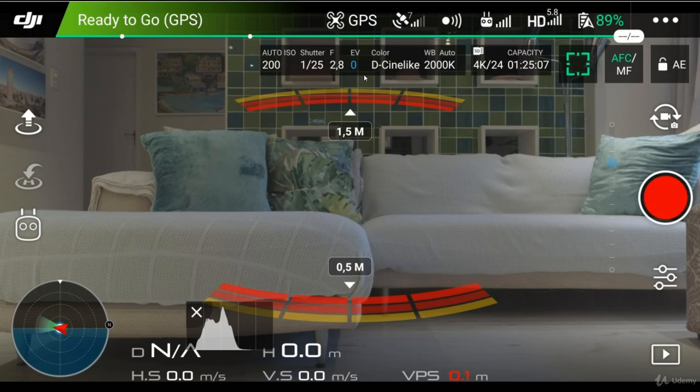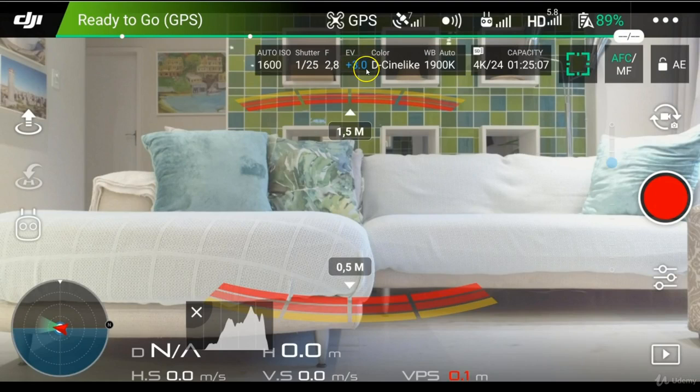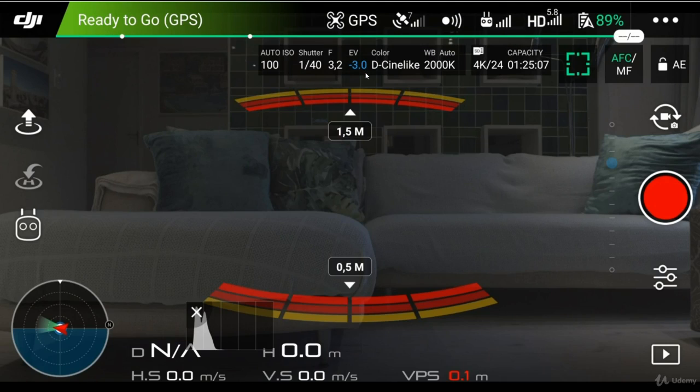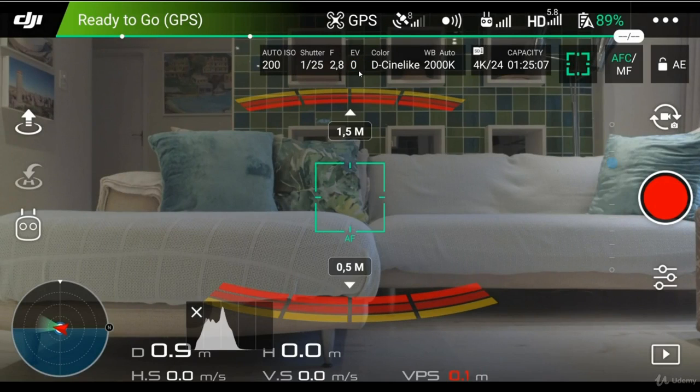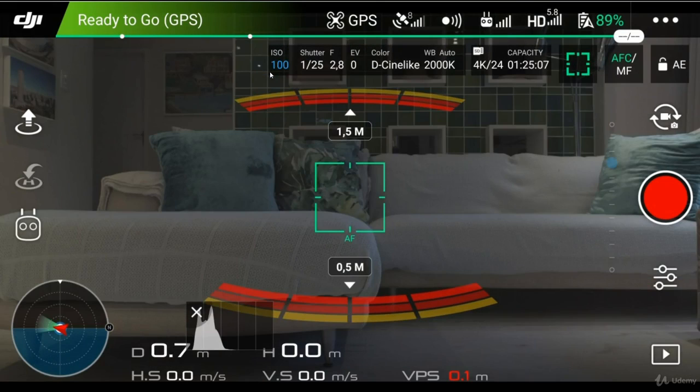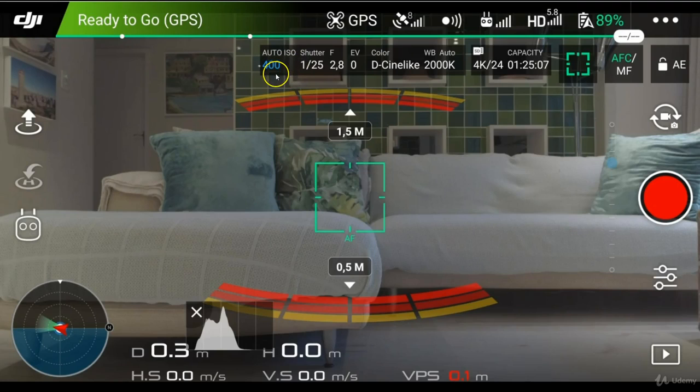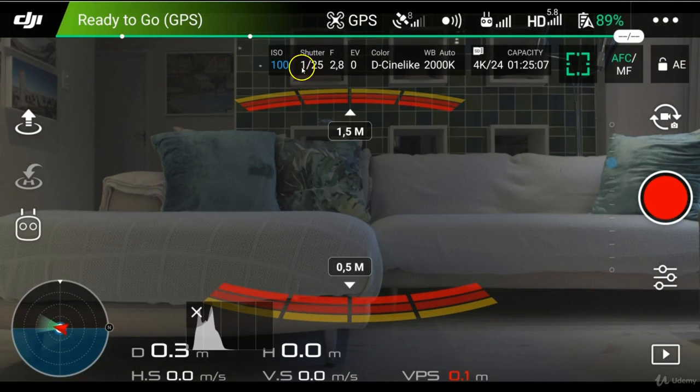We can rotate the wheel clockwise to bring it all the way up to +3 stops. And we can go in the opposite direction all the way to -3 or back to 0. If we press it in again and one more time, ISO becomes active. We can pull it back to become locked at 100, or we can change it back to an auto ISO value. Okay, so let's bring it back to locked in at 100, and let's tap on the camera settings icon